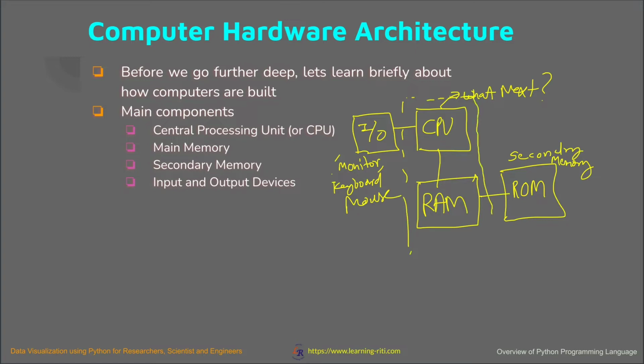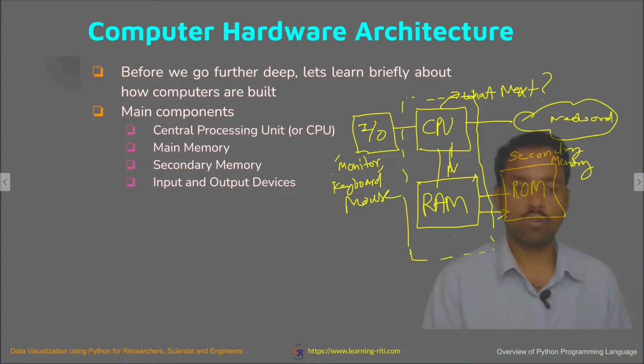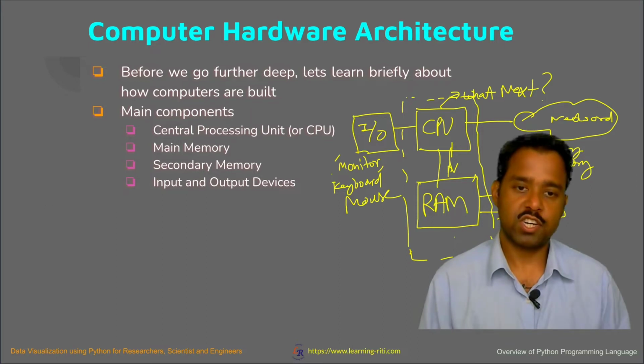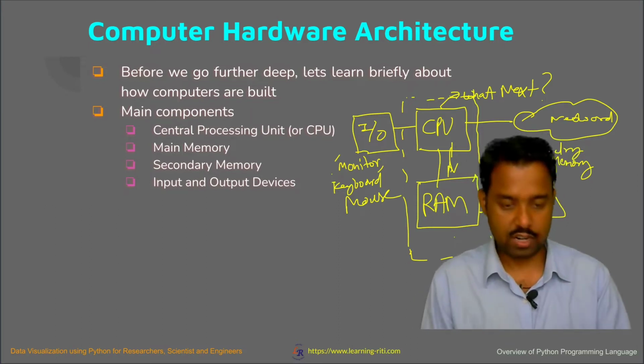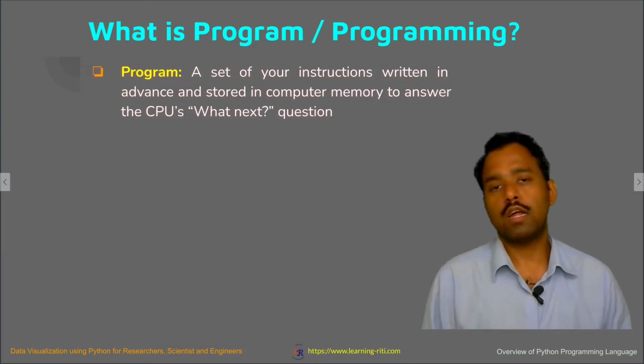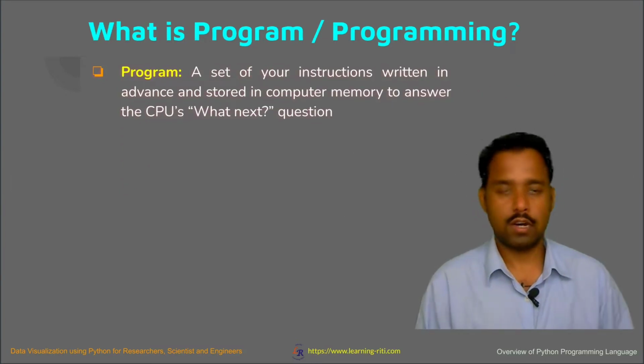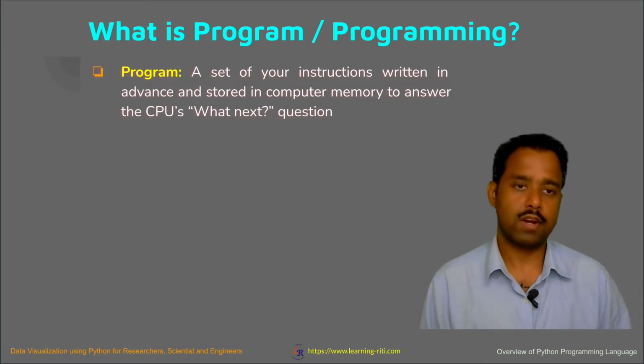store the program and then you load it temporarily in your RAM, and that gives the instructions to execute the code and gives instructions to the CPU, and that performs, and they communicate with each other, and the final result is saved wherever you make the destination, right? And then you have a network from where you process the details. So this is all basic about the computer architecture, how they are built, and how the programs and other things process in there, right? Now let's understand the other technical terms, the program and programming.